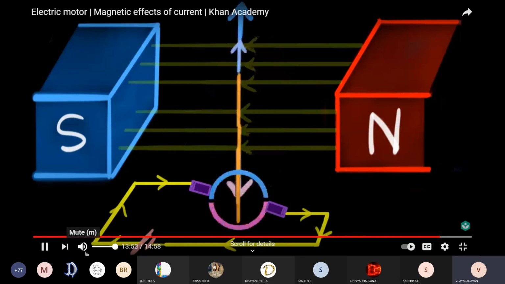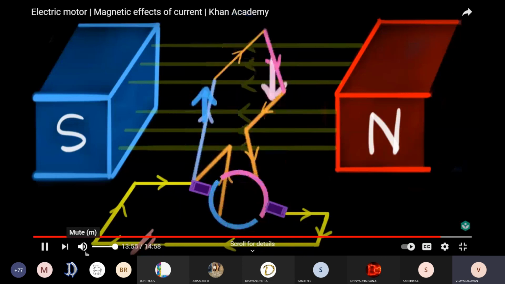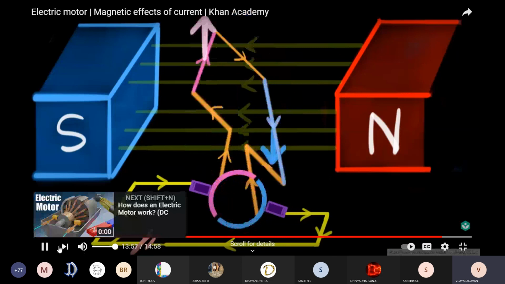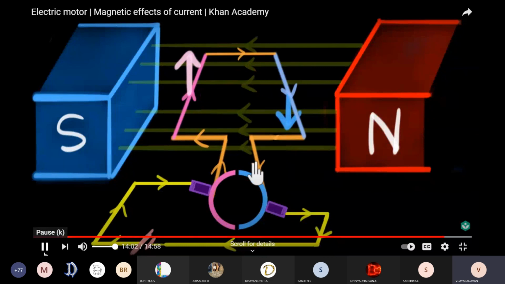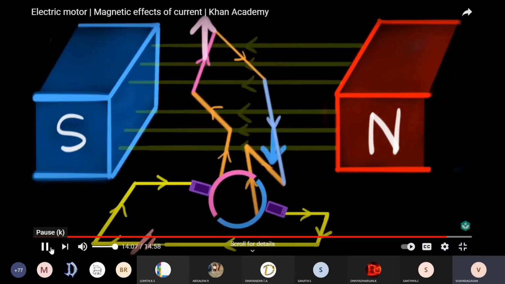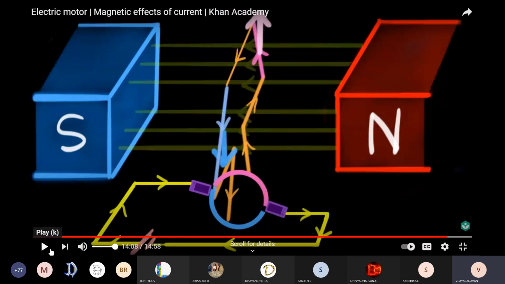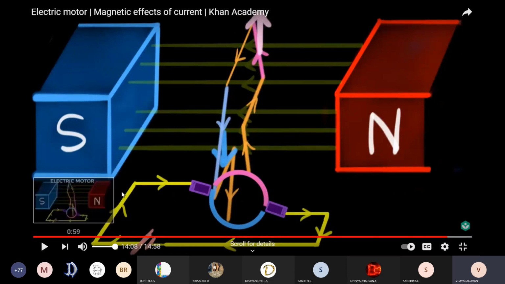So what did we learn in this video? Well, we learned that a motor consists of a couple of magnets and a current carrying coil. The magnetic field pushes the coil, making it rotate. And the